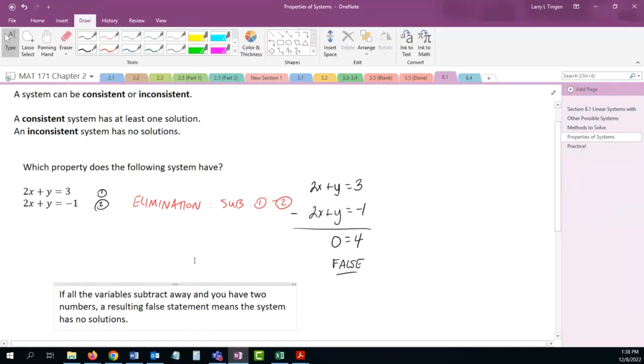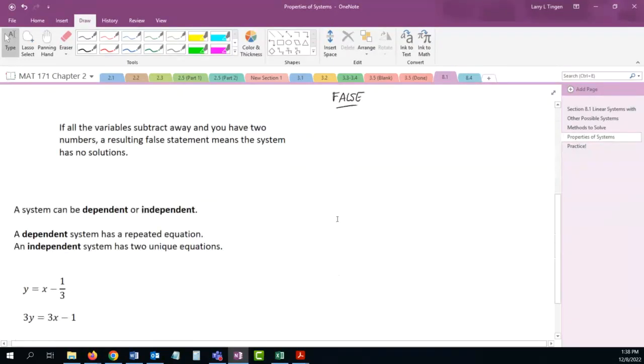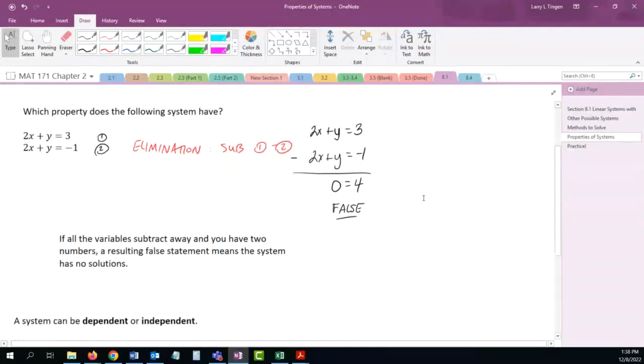And I want you to think about what that means. Think about what this math is trying to tell me. It's trying to tell me that I can find a solution to the system 2x plus y equals 3 and 2x plus y is equal to -1 when 0 equals 4. When does 0 equal 4? Never. So when am I going to find a solution for this? Never. So my solution set